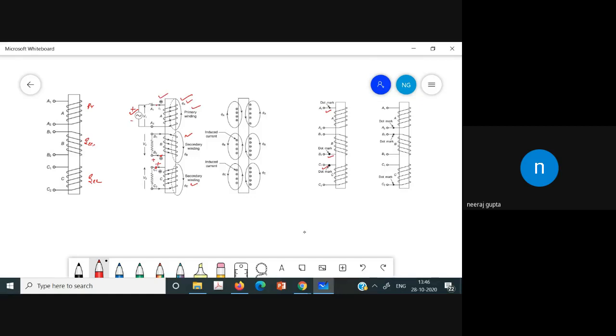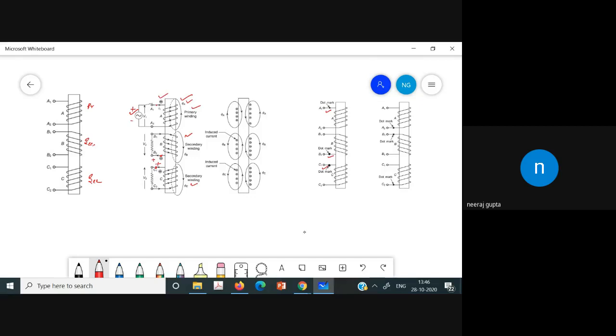That is, polarity in these terminals is the same. However, if you place the dot here, then in that very case, the dot should be placed here and here. So these have the same polarity if the dot is placed here, here, and here, and these terminals have the same polarity. If the dot is placed here, then we will have it here, and then we will have it here in the C.